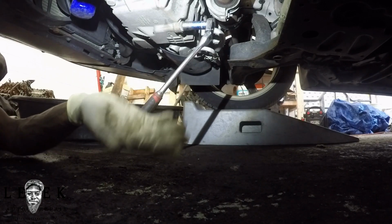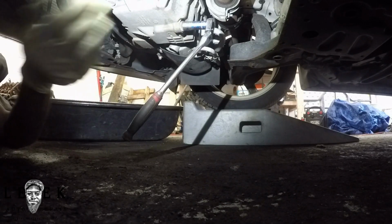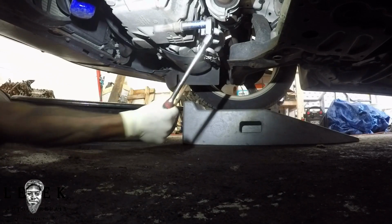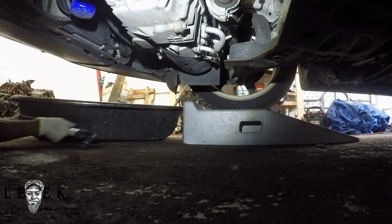You don't need to be doing this job if you can't correctly follow simple procedures like jacking up a car. Cool. All right, so I want to crack this free. It's going to be righty tighty, lefty loosey. If you're mechanically inclined, this excludes you. So I'm going to go ahead and